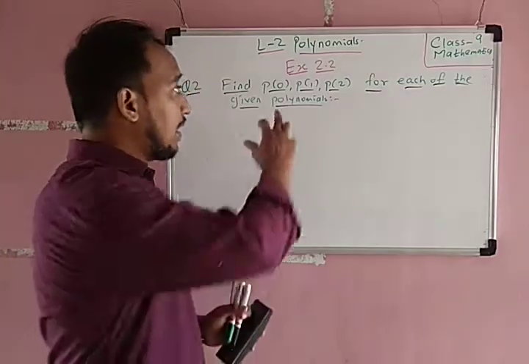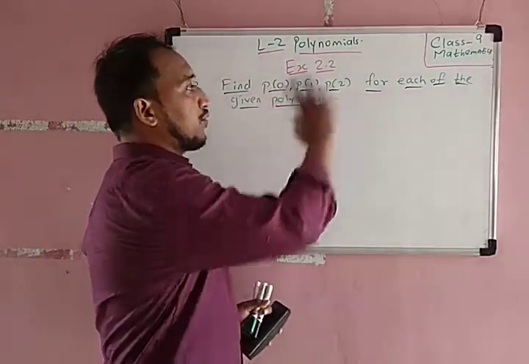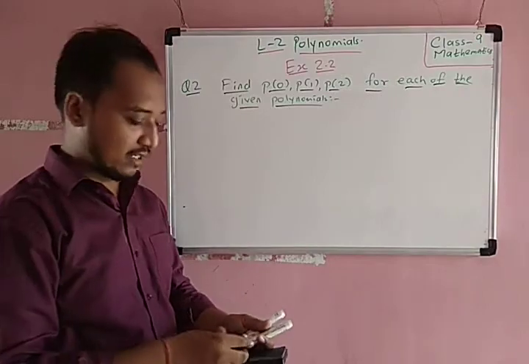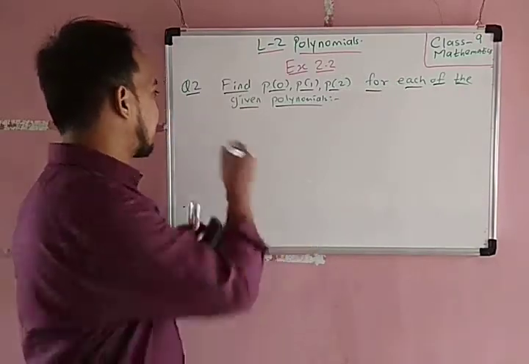हमें क्या फाइंड करना है? p of 0, p of 1, p of 2 जो polynomials आपको दिए गए होंगे. ठीक है. So first one is